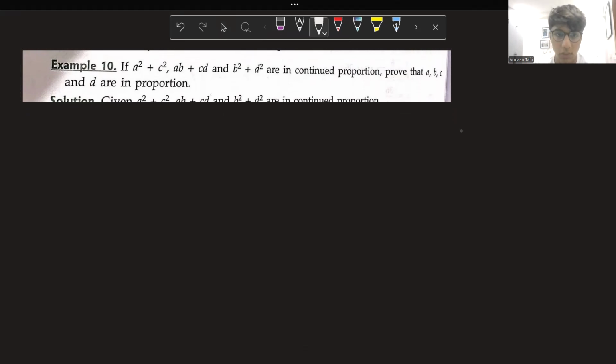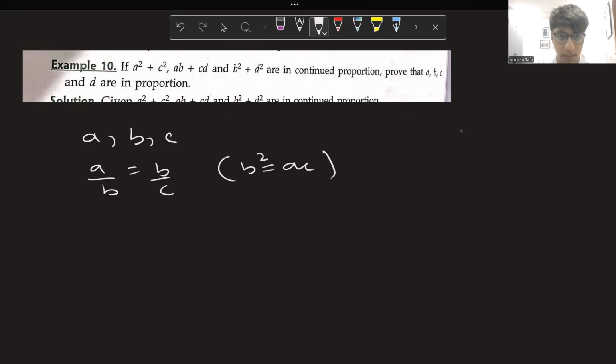So we've been told that a square plus c square, ab plus cd, and b square plus d square are in continued proportion. This means that if three terms are in continued proportion, a by b equals b by c, or b square is equal to ac, right? So over here, what is our b? Oh wait, I think I circled the wrong part. The second term is ab plus cd, right? So that means that ab plus cd whole square is equal to the product of the first term and the third term, a square plus c square times b square plus d square,